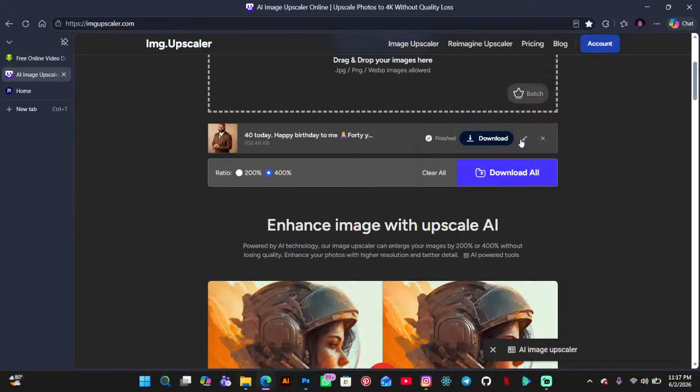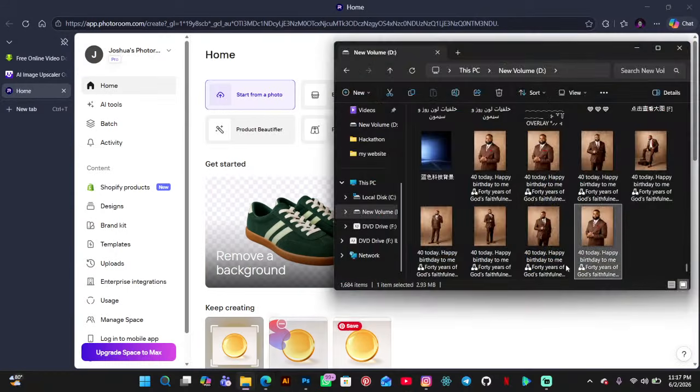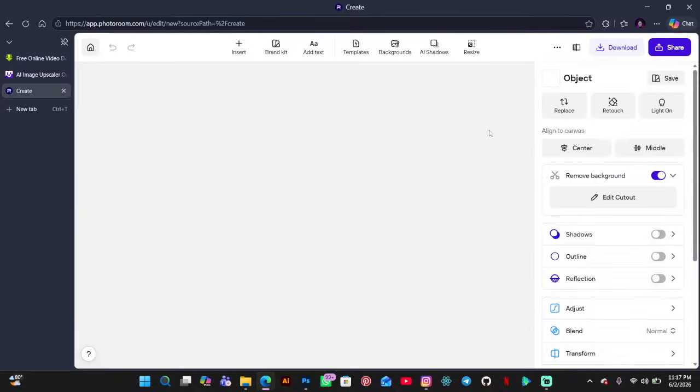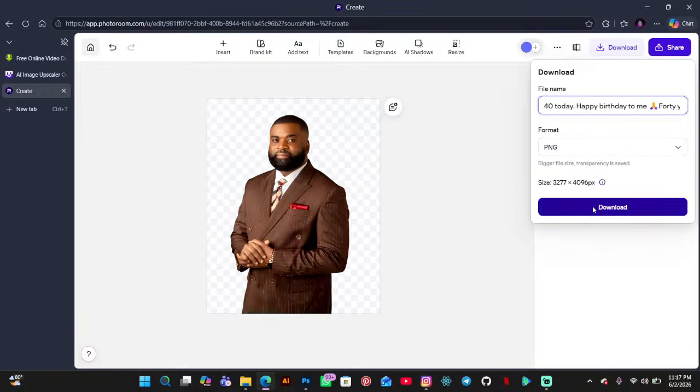Let me just do the same for the rest. I'm just going to close this and drag my image here to remove the background. And I think the size is also going to increase when the background is removed. So it's retaining the quality. Photo Room is retaining and also making sure it's giving the high quality and the best quality. So if I switch this off and download my PNG,